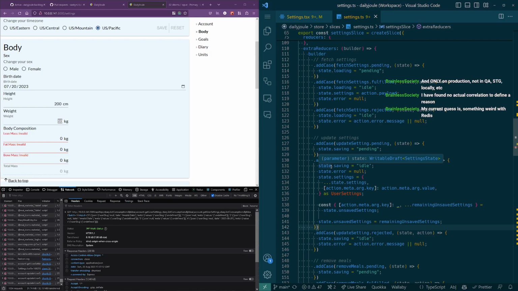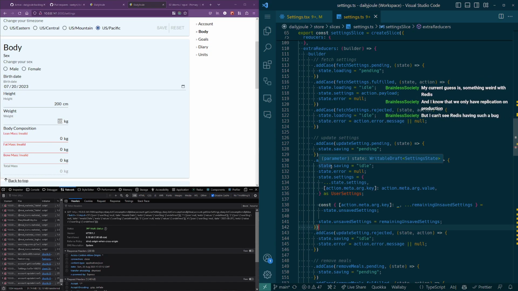Something weird with Redux. Redux. It's been a while since I've done anything with Redux. It's been a number of years. Oh. Yeah. So there's your first problem. Yeah, I wouldn't look to Redux for this as the first likely cause for that kind of bug, but